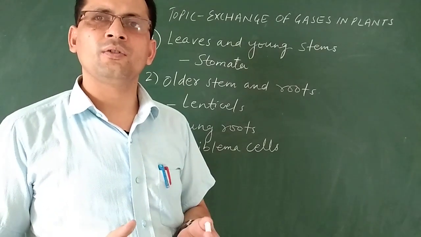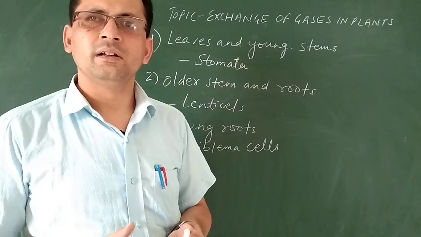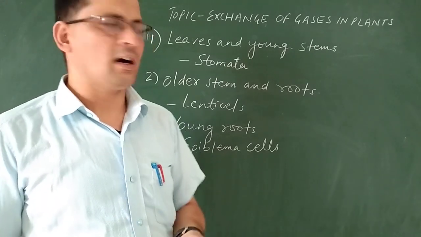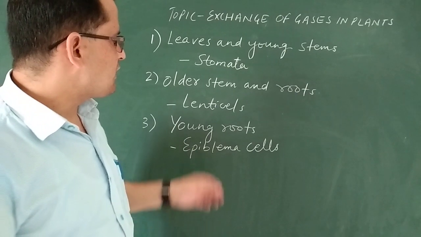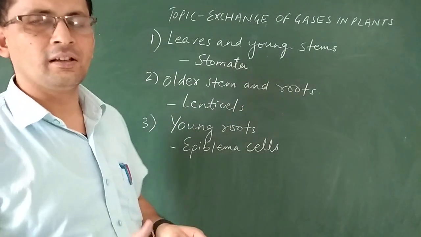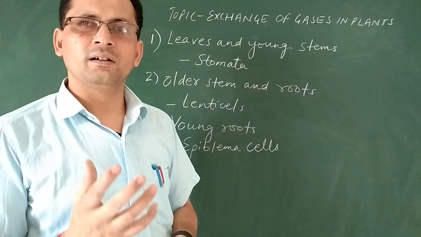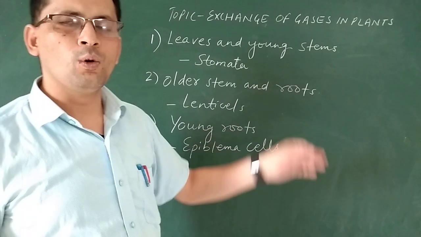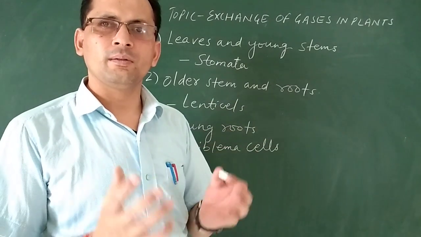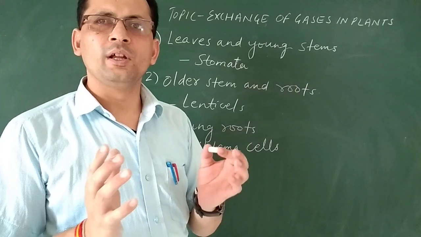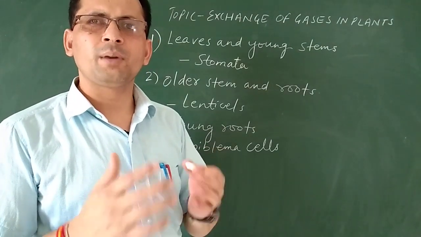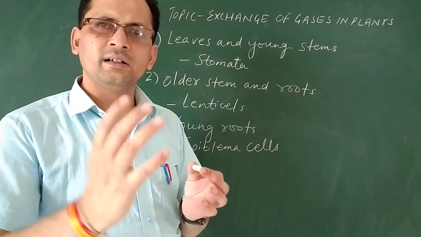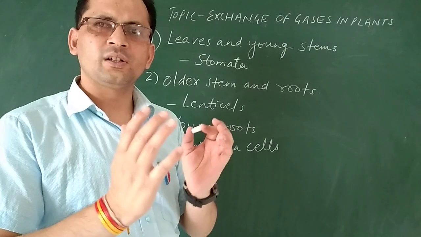So in the case of leaves and young stems, the pores responsible for respiration are stomata. Second is older stem and roots. The green stem, when it matures, becomes old, and in older stems and older roots there is a permanent opening. A permanent opening is there, and through that opening there is a connection